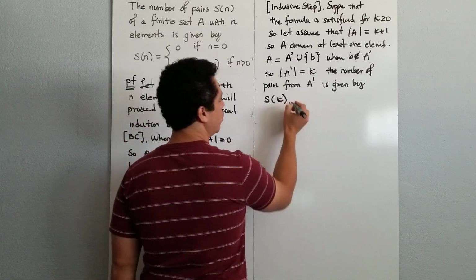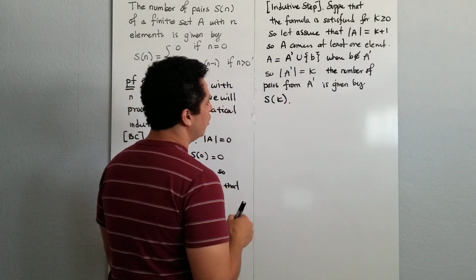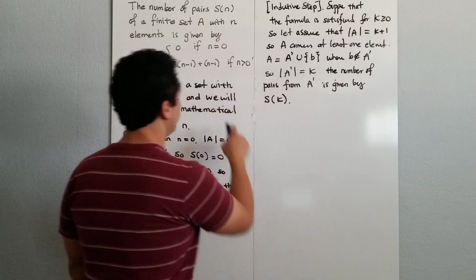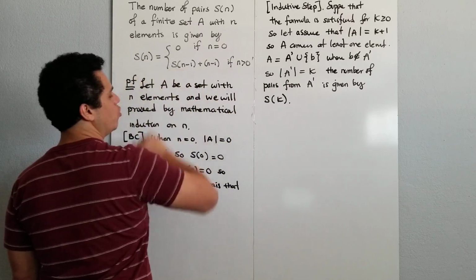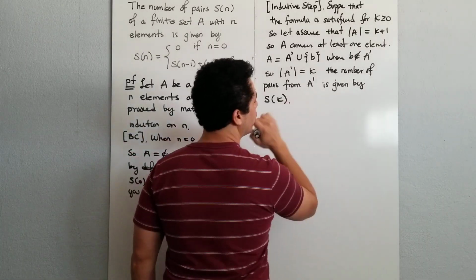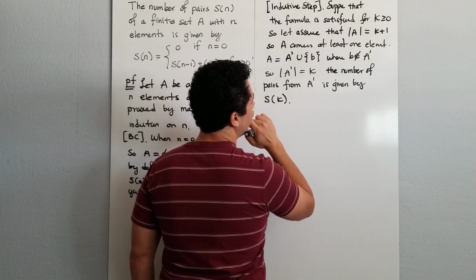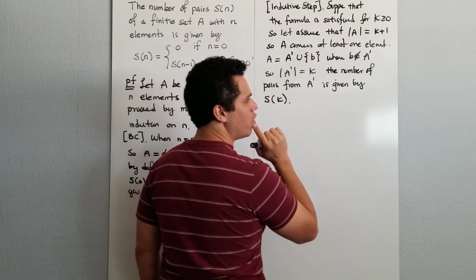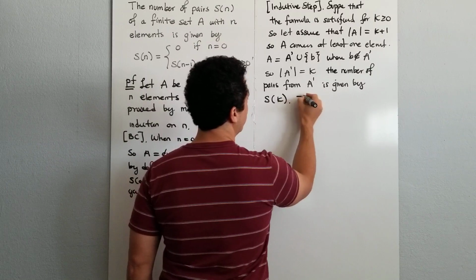Well, after that, let's see. We have to make a correspondence between these two. But let's see. How many pairs are there? Well, the number of pairs